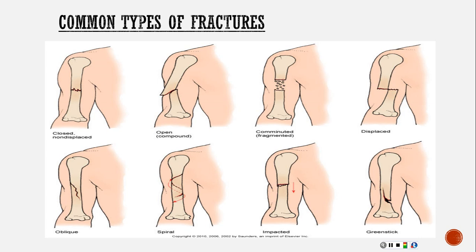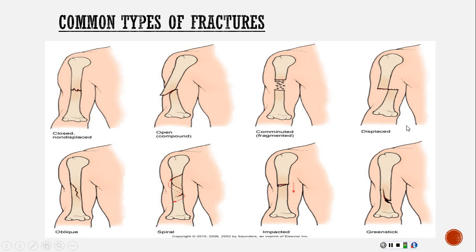Also, we've got impacted fracture. What do you think impacted fracture is going to be? It's a fracture that occurs as a result of some kind of blow. It's like, if you fell and landed hard on your elbow with that vertical compression, okay? Also, you'll see this a lot with the spine, spinal vertebral fractures. You'll see those impacted fractures, compression fractures. I don't even think we have compression on here, but that's similar to a compression fracture.